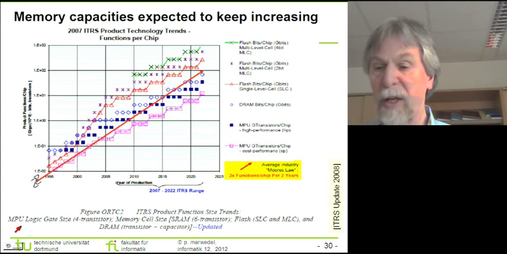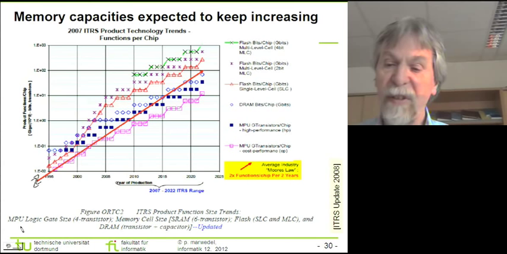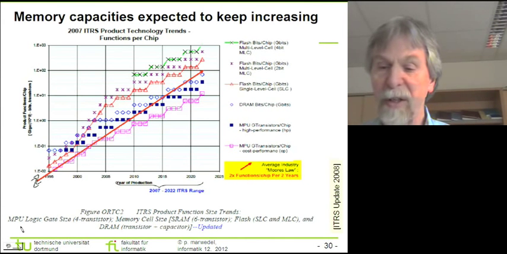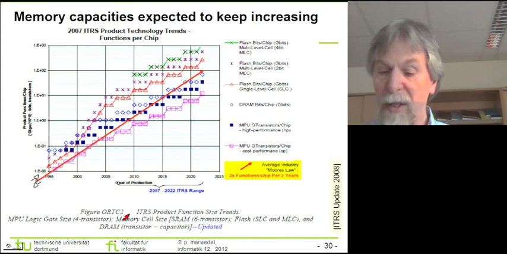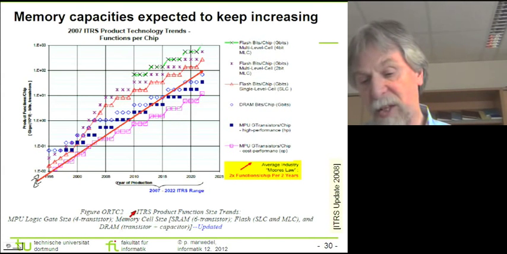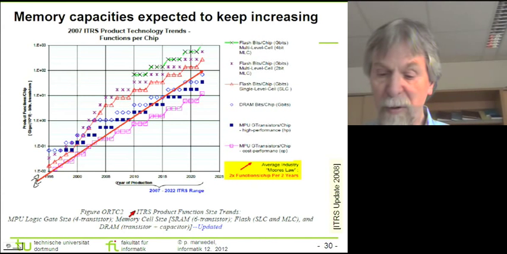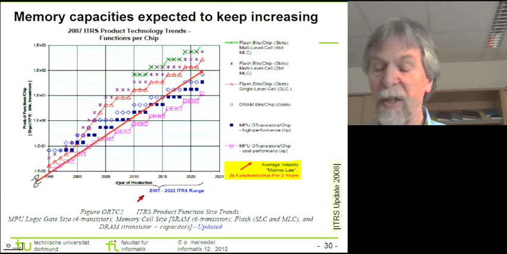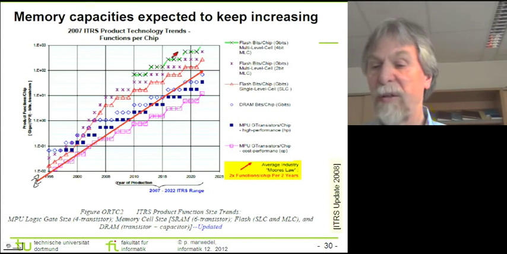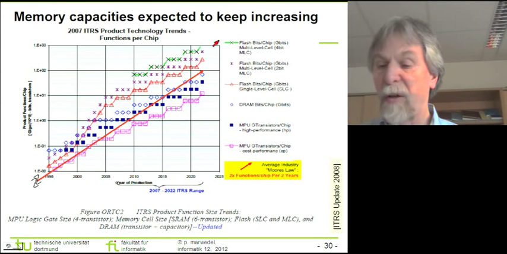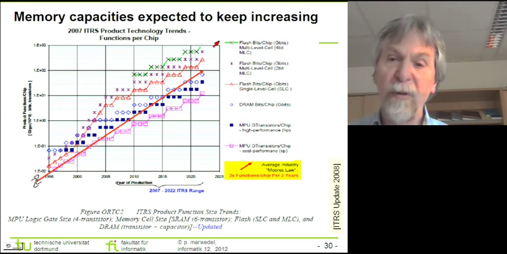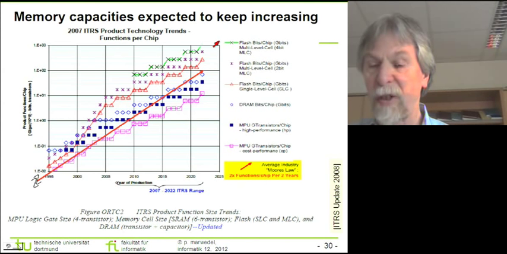Now, first of all, let's have a look at the capacity. I think the capacity of memories is predicted to increase at a very dramatic rate and at a very interesting rate. So if you look at this diagram, which is published by the ITRS roadmap effort, the effort that tries to predict the trends in semiconductors, you see that the highest number of bits that's predicted will be achieved for so-called multi-level flash cells. With multi-level flash cells, we are storing a number of bits in each of the transistors,